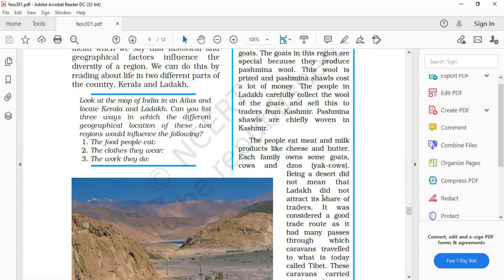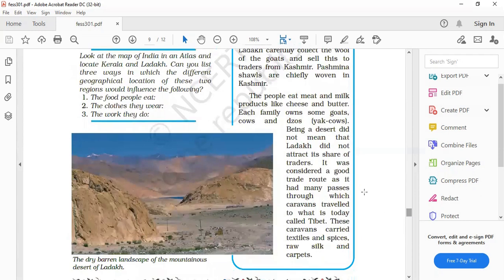Here is your answer: it was considered a good trade route as it had many passes through which caravans travelled to what is today called Tibet. This is your answer, from 'being a desert' to the end of the paragraph. Okay, it's your answer. Now move to the